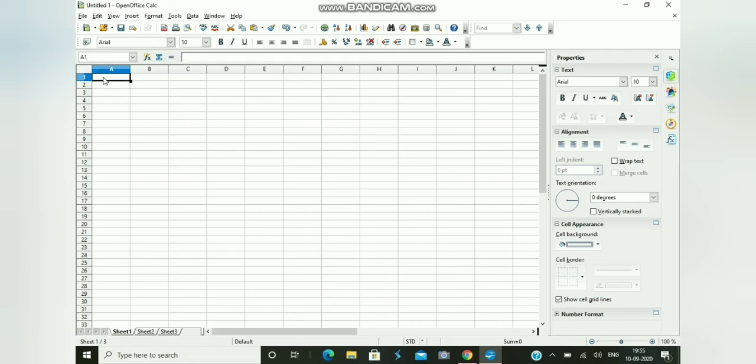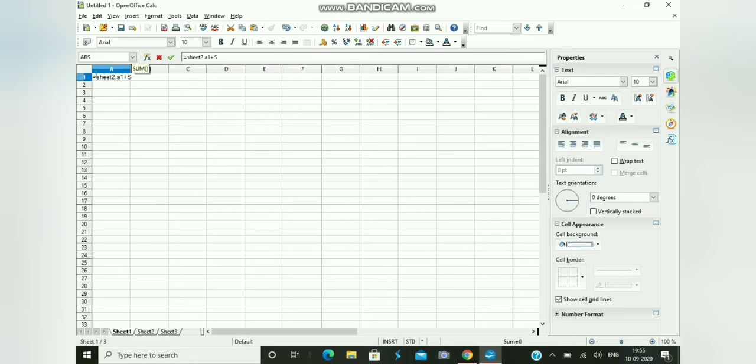For that, we have to type the formula. Say equal to, then we have to give the sheet name, that is sheet 2, dot A1, that means we are going to take the value in A1 of sheet 2, and next we give the addition operator.